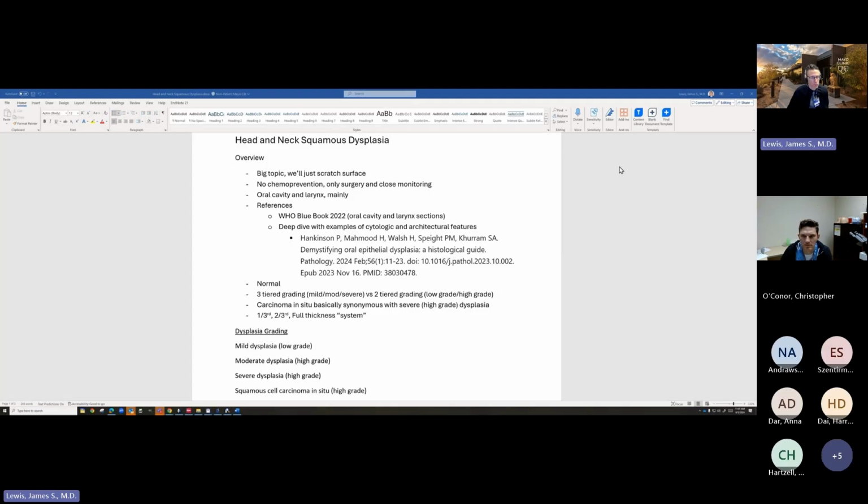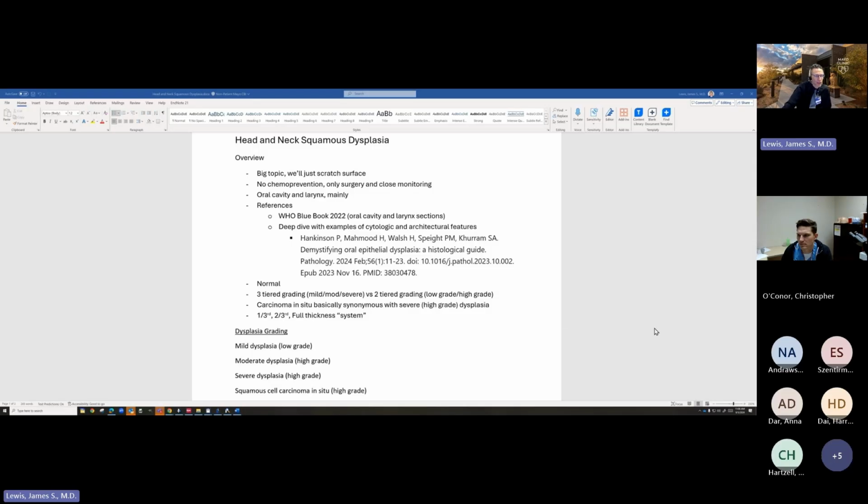We'll cover a lot of them, but there are a lot of histologic features of dysplasia versus normal and reactive. That's partly what the problem is with dysplasia and with the grading. So we'll talk a little bit about normal. I'll show you some examples of normal at the start, normal mucosa in different sites in the oral cavity and larynx. And then in terms of grading,